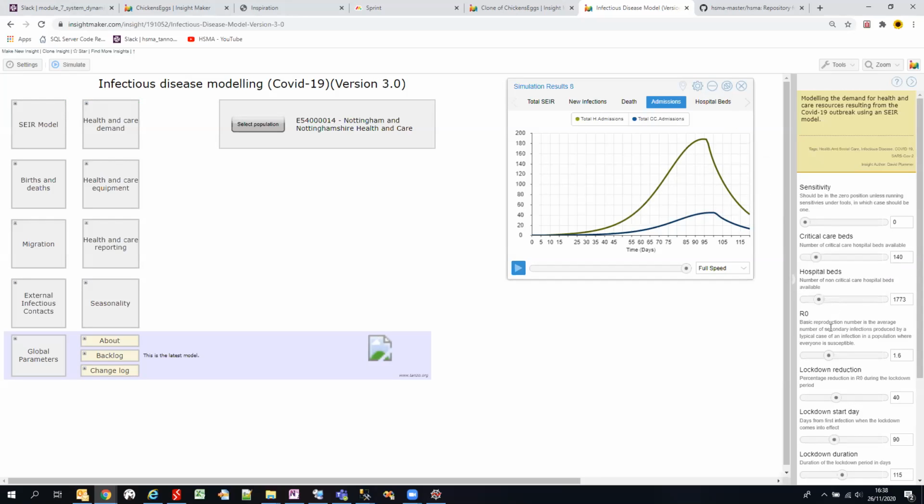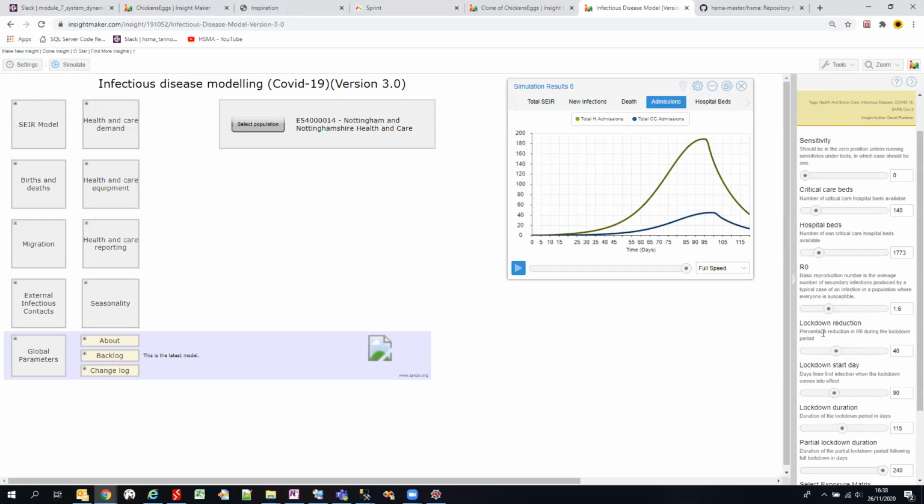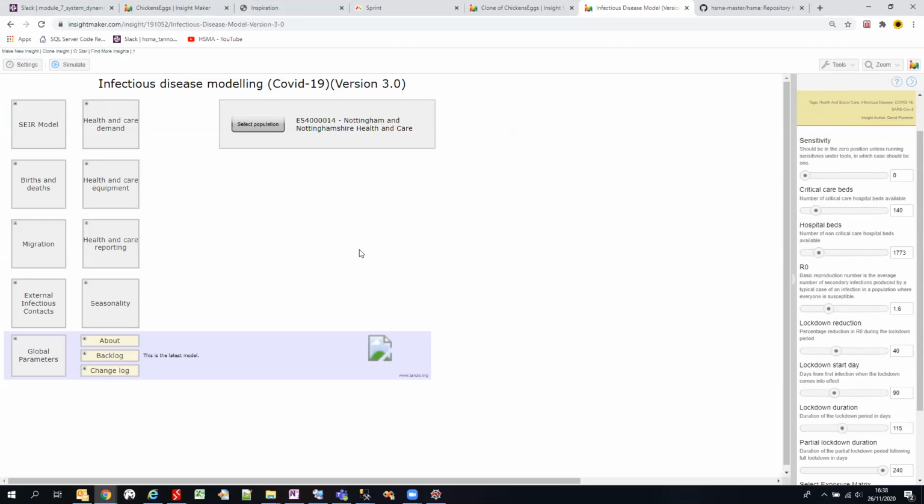Although you can set the lockdown reduction, so the percentage reduction in R during the lockdown period, so the effectiveness of reduction. So that impacts on the steepness of the curve, but it doesn't really give you a delay between lockdown and the reduction in admissions. Right. Yeah. So in all, we thought it was a really impressive and detailed model, but perhaps too much for InsightMaker. Yeah, it's an interesting point, I think, and this is something you tend to find